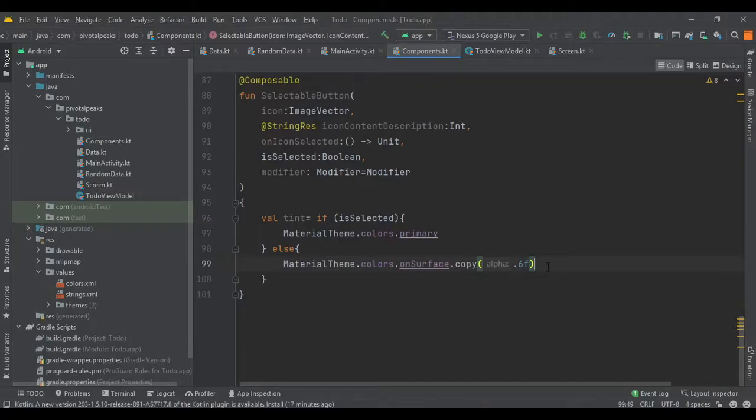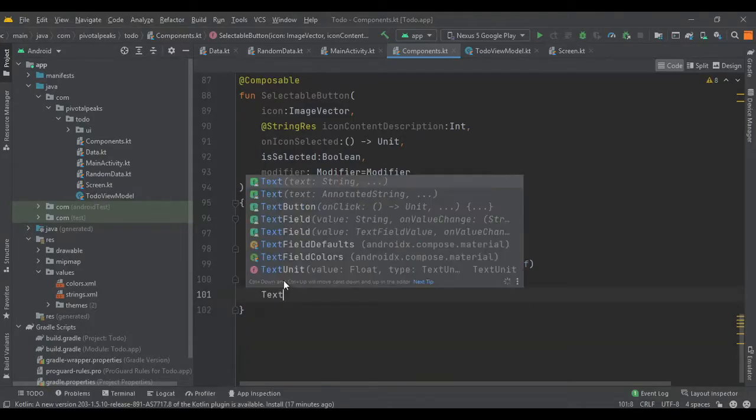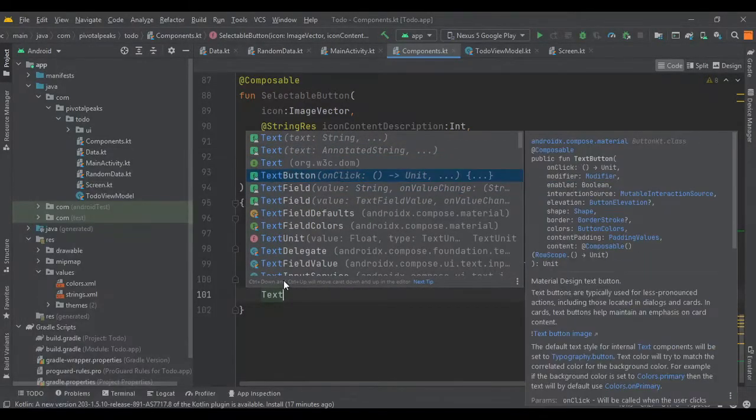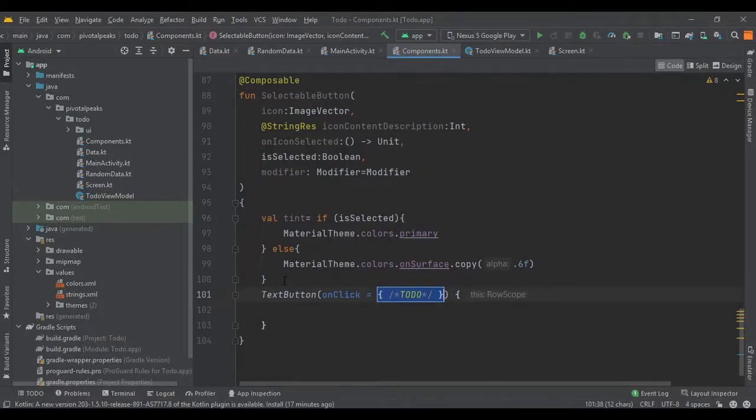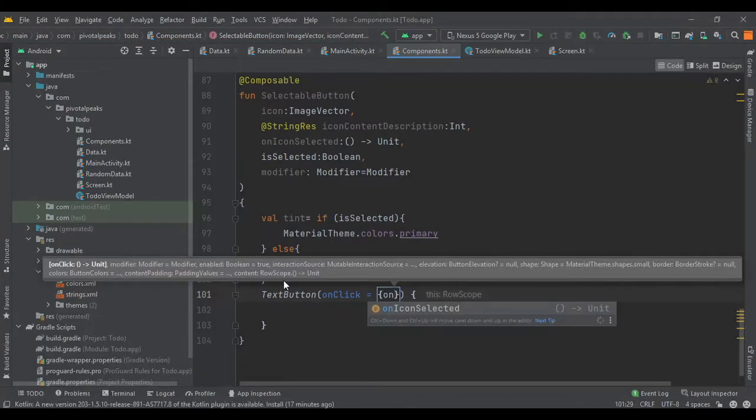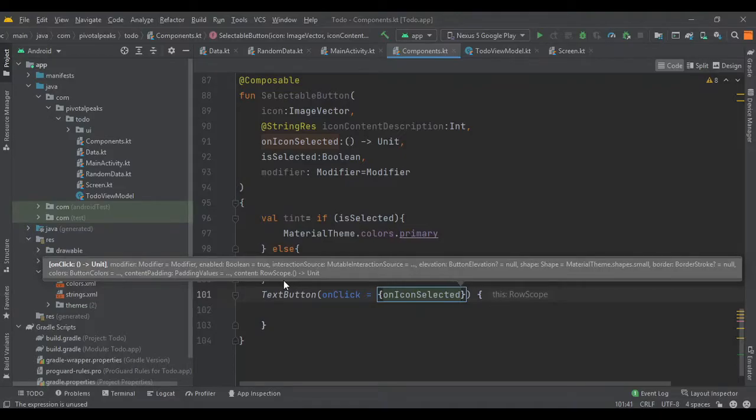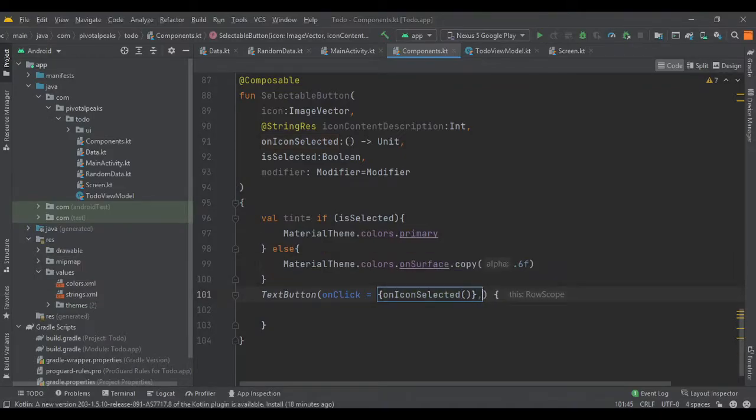Then we also need a button, so let's create our button after this block. For the button, let's use this one, and for onClick we are just going to simply pass the onIconSelected function. Oh, it has removed the curly braces. So onIconSelected, and let's provide it a shape.